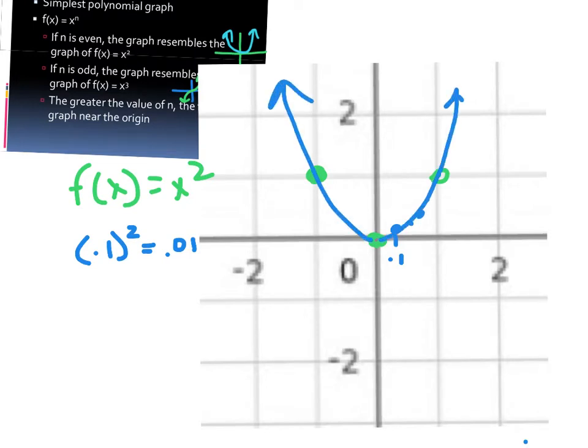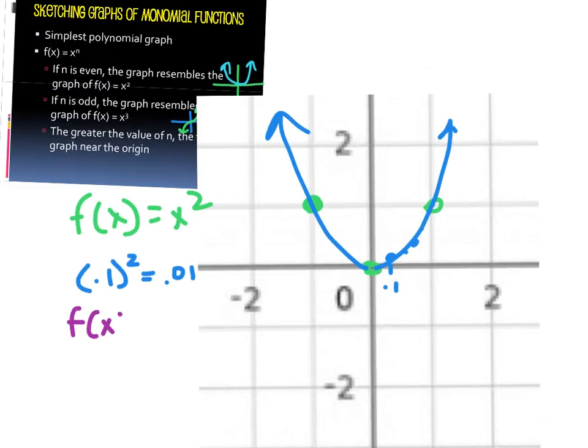Now compare this to the graph of f of x equals x to the 6th, let's say. 0, 0 is still going to be there. 1, 1 is still going to be there. But what happens when I do 0.1 to the 6th? What is 0.1 times 0.1 times 0.1 times 0.1 times 0.1? What happens every time I add in one of those exponents? Another 0. So this is 1, 2, 3, 4, 5, 6, 1. Okay? While you can't really read that on your graph, and I'm not expecting it to be 100% accurate,